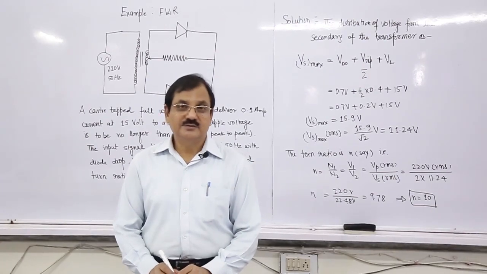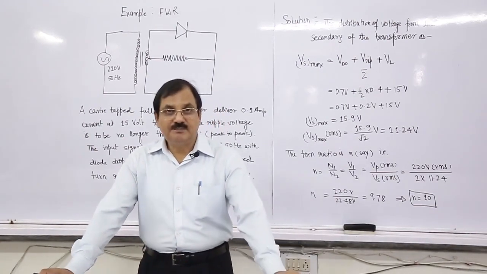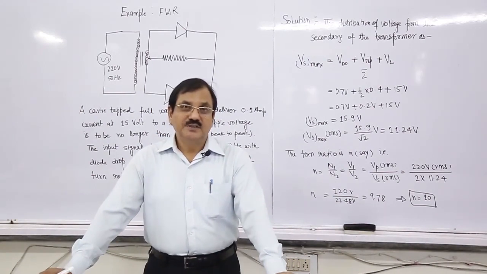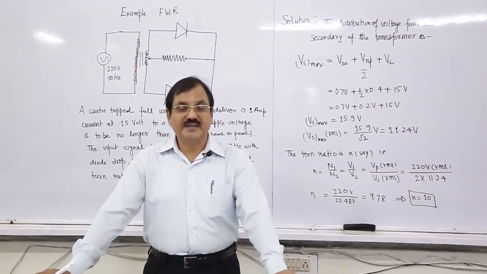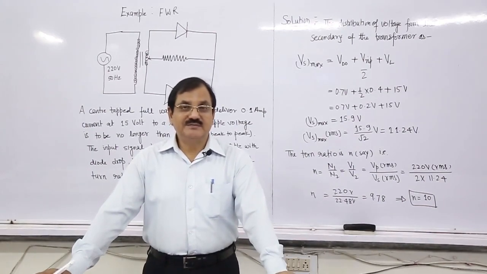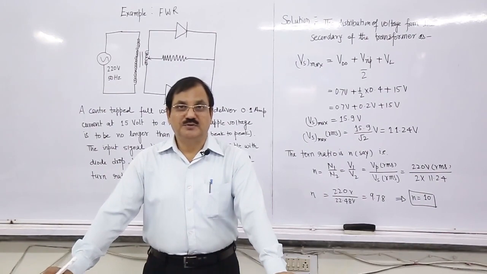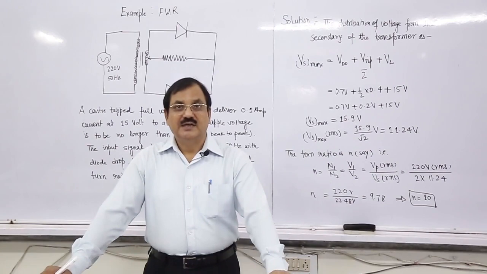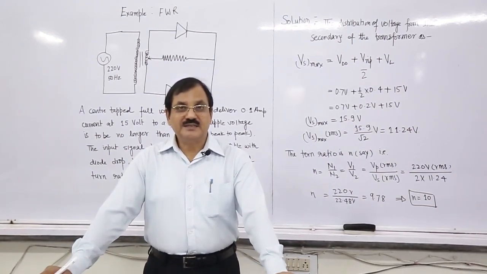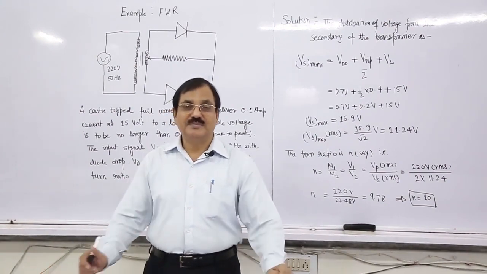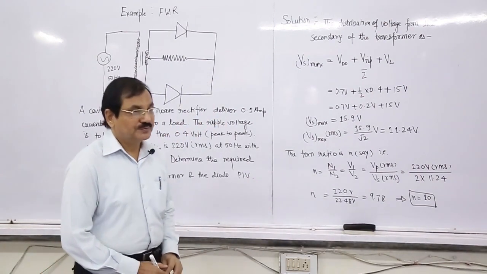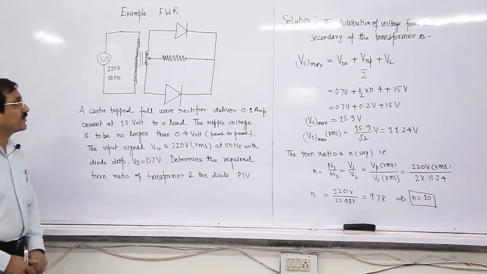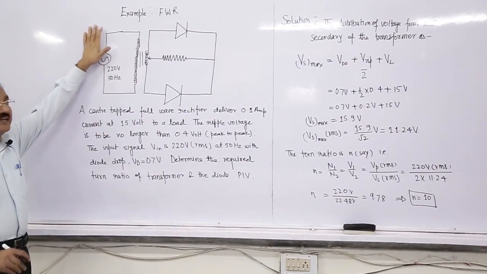So, good morning friends. In the previous module, we discussed the full wave rectifier, the rectifier which converts the complete wave of input into the output. In this respect, there are several drops, and on the basis of the potential drop, let us consider one illustrative example based on the full wave rectifier.